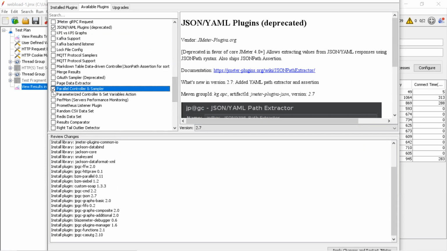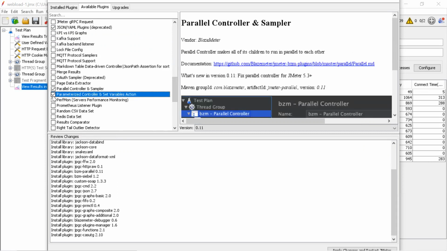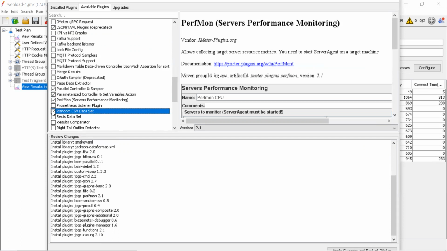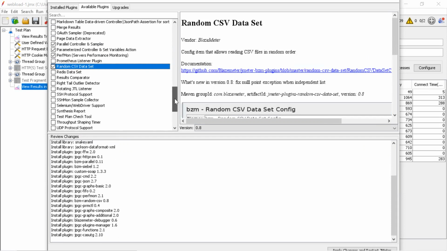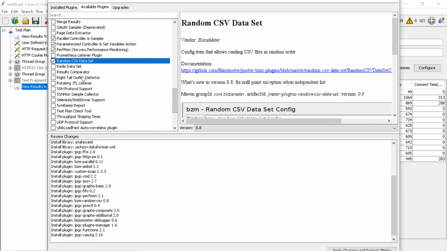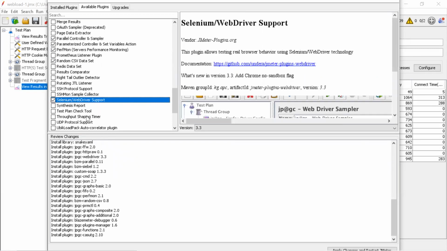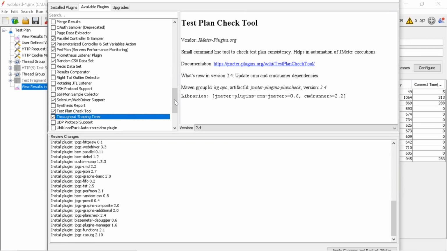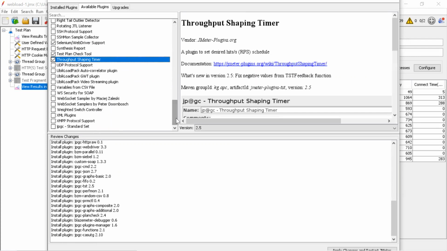Here parallel control, we got it. Random CSV, this is a new one. We're talking more random. Instead of getting unique values in a sequence, this is random. And Selenium WebDriver support, test plan check tool, throughput shaping timer. I'm just installing whatever I feel is important.